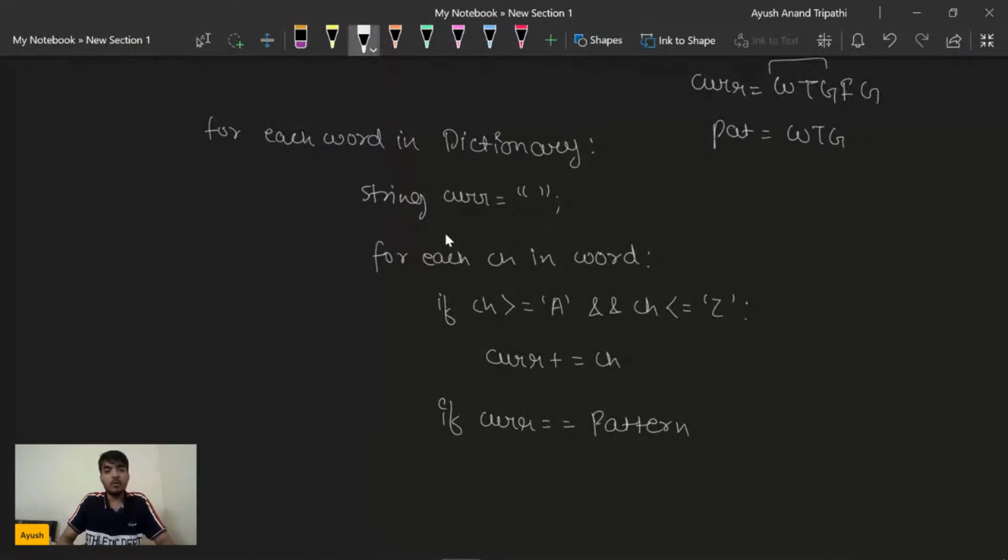So what I'm doing, I just iterate over each word in the dictionary and declare the temporary string current, and then I iterate over each character of the word, and check if the character is a capital letter. If it is a capital letter, then I simply include the character in my current string. And every time we need to check whether the current string matches with our pattern or not, because if the prefix of the current string matches with our pattern, then also we can include the word in our answer. So that's why I'm checking here, if the current is equal to pattern, then I simply include the word